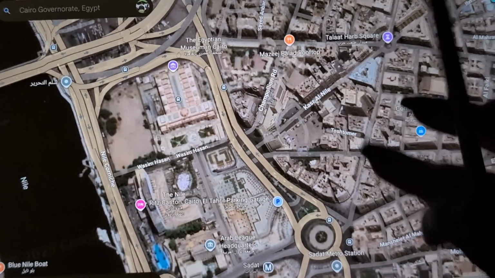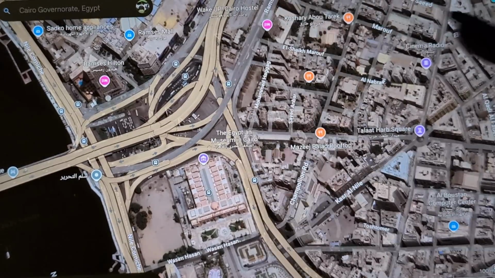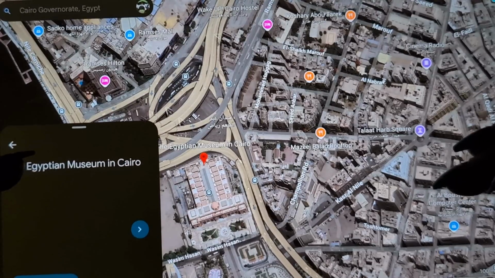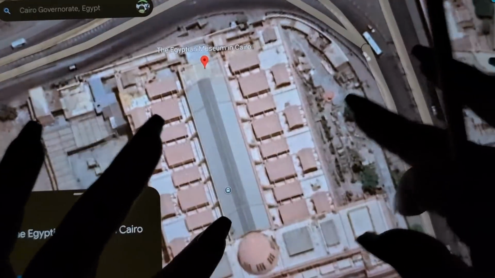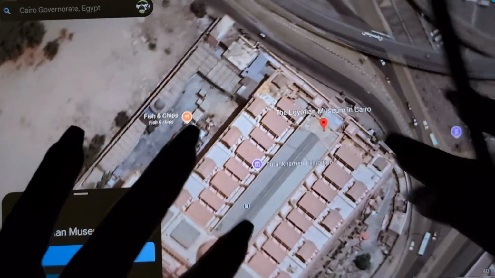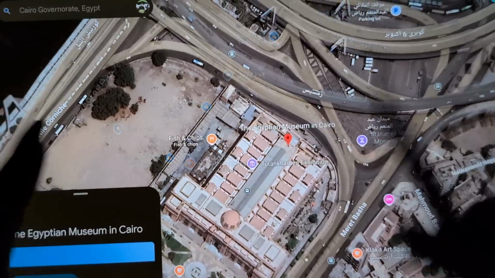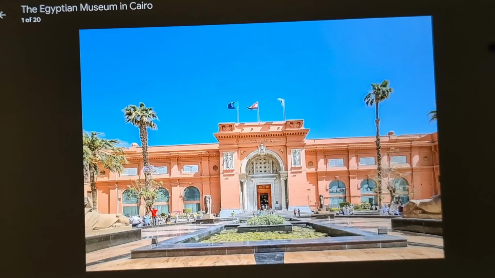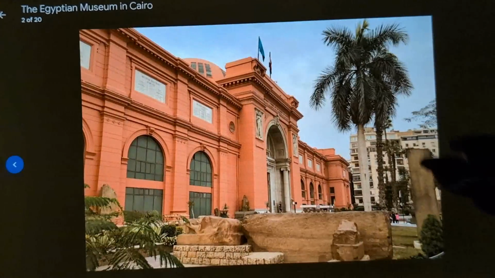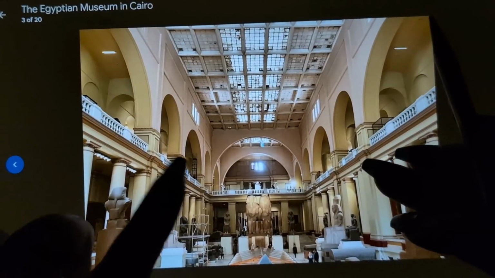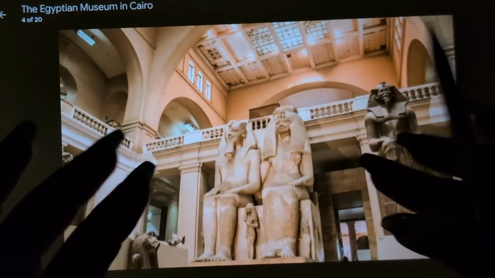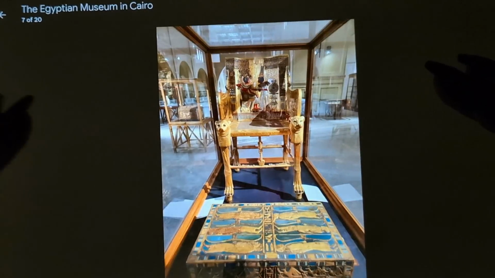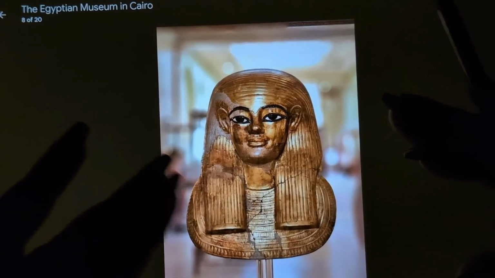Here we go. It is, of course, the Egyptian Museum, the world's largest collection of ancient Egyptian artifacts, including, if it'll pop up, the treasures of King Tutankhamun. I can't wait to come here someday. If I had to pick one museum to visit in the world, it would be this one, with all of these wonderful treasures preserved in the land where they were created, right?